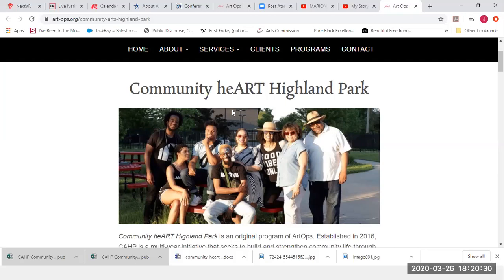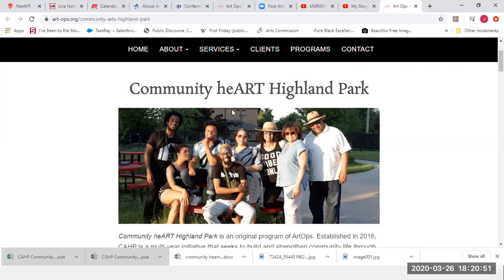But the council is made up of, at this time, 10 members of the community. So there's some business owners on it, but they're mostly artists. Most of these people in this picture are artists, or they are residents of Highland Park. So they have a vested interest in the city, and they'll be there even when we leave.